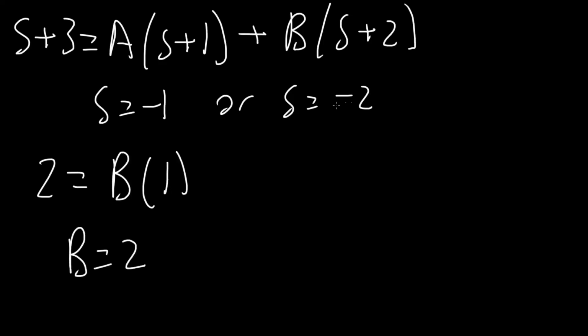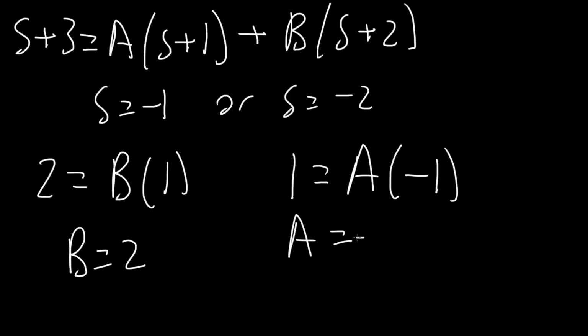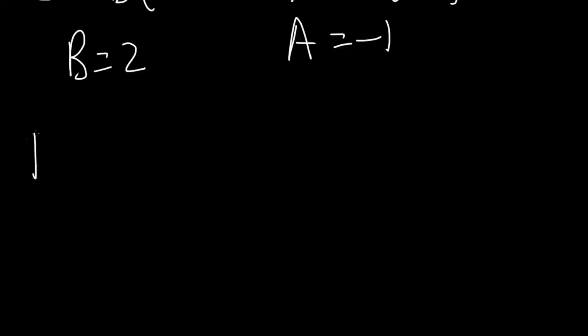And then we do the same thing for s is equal to negative 2. So minus 2 plus 3 is going to give us 1 is equal to A times minus 2 plus 1, so minus 1. And this right here would be 0. And so A is equal to negative 1. So I'm going to scroll down a little bit. And so we would get Y(s)